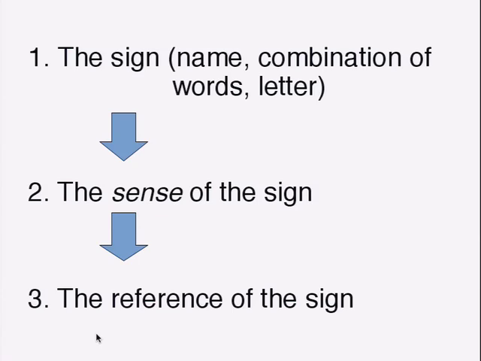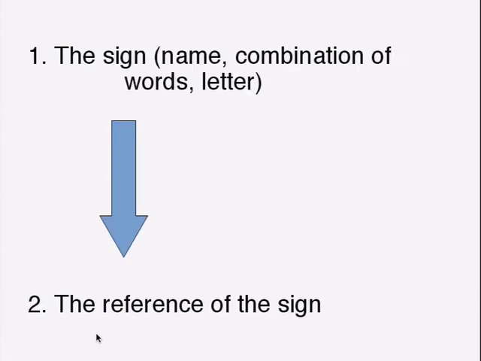So why do you need that? If you're discussing the way that names function in a language, what is a name after all? A name is just a tag for a thing. If you get the name tagging the thing, that's all there is to the meaning of the name. It's just a tag for a thing. Frege says, no. Well, why is that? Why couldn't you have it that it's just a sign and a reference? And after all, if you did have a language where the names were just hooked up to objects and nothing in between, wouldn't that be all you need? You could then go on and talk about the things around you and make remarks about them and so on.